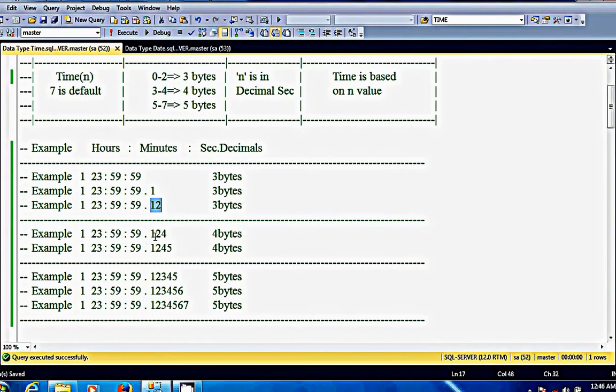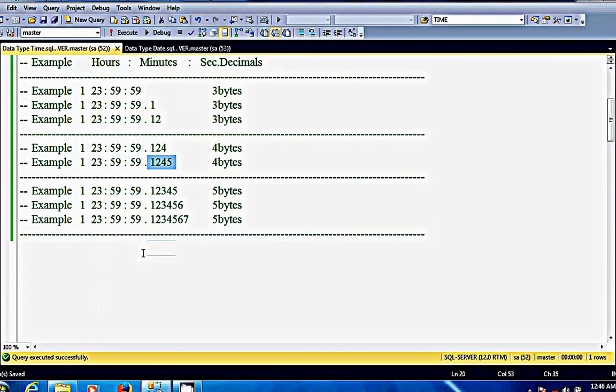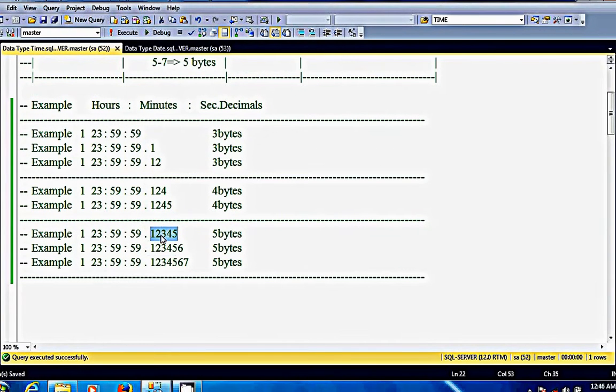Time of 3 and time of 4 occupy 4 bytes, with 3 and 4 fractional digits sequentially. Time of 5 occupies 5 bytes, time of 6 also occupies 5 bytes, and time of 7 also occupies 5 bytes, with the same precisions.